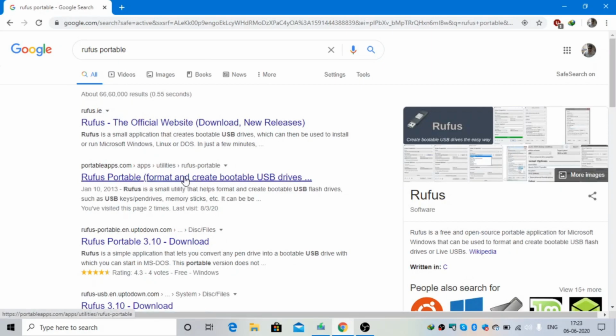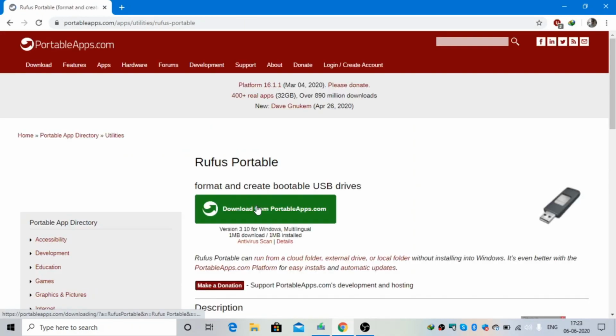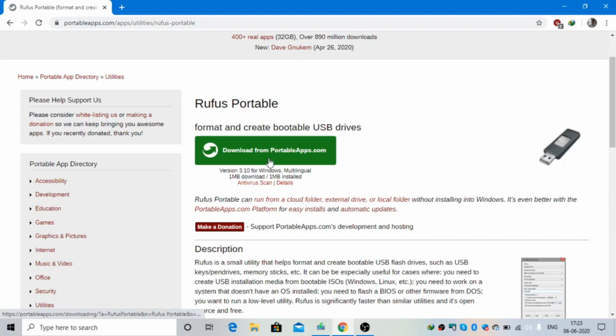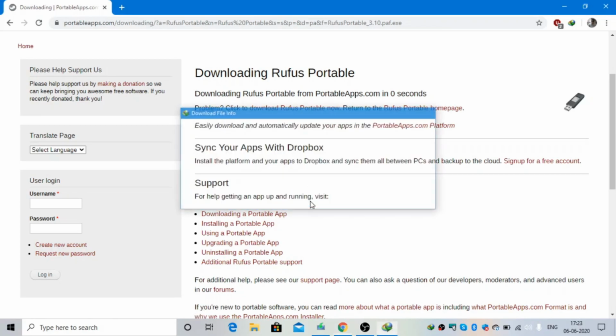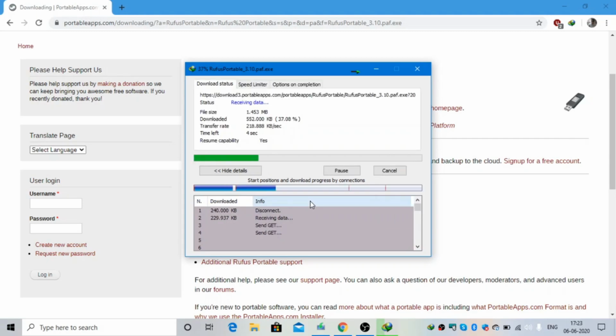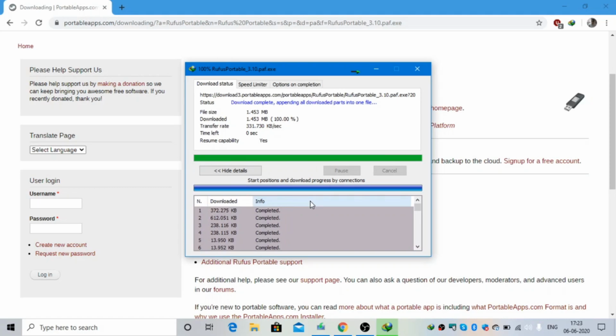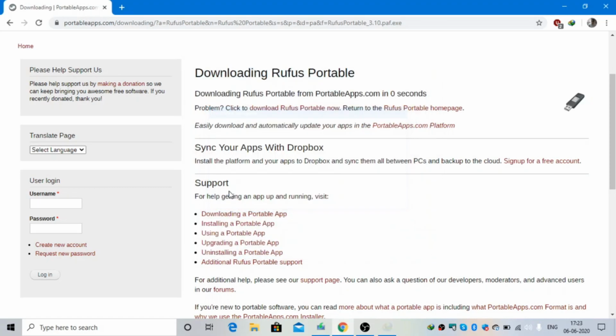So you have to click on portableapps.com, then click on download from portableapps.com. Then it will be downloading. It's around a 1.45 MB file. So click on open.